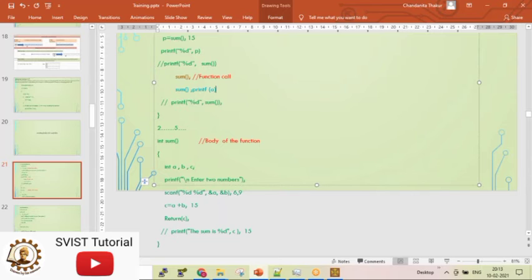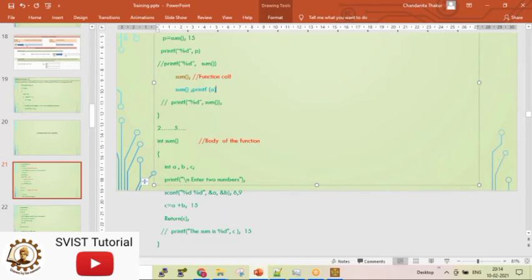Biryani has a scope. A is a biryani, B is a tandoori. B's scope and A's scope end inside the sum only. But C has scope because we are returning C from the function to the main function. So C is a glass of lassi which is getting returned from the function to the main function. But biryani and tandoori are not getting returned.